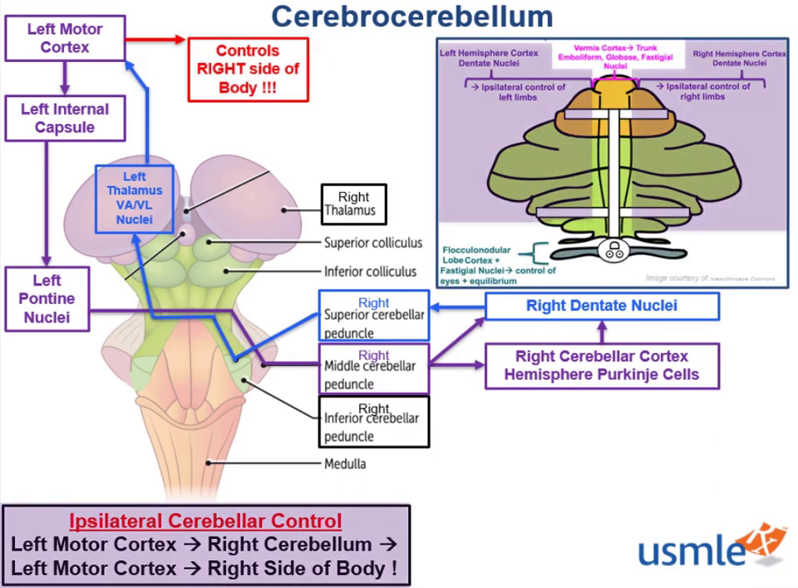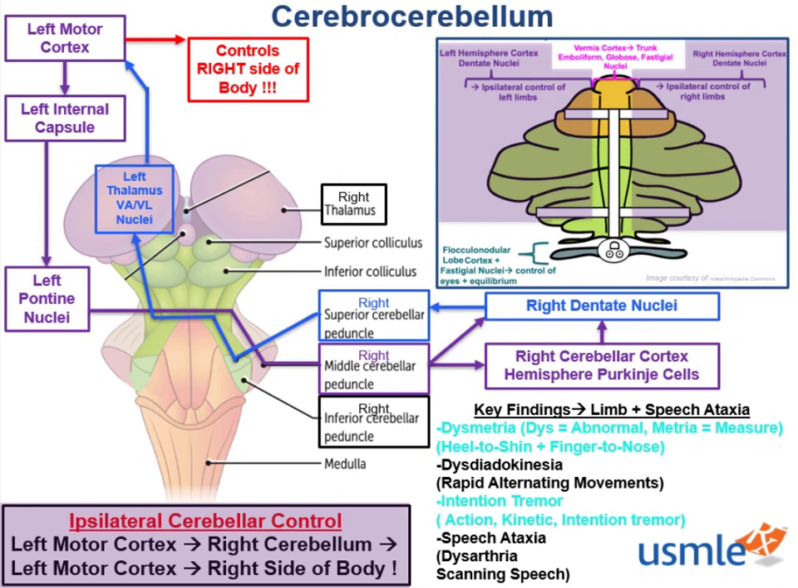Lesions of the cerebrocerebellar pathway correspond to hemisphere lesions, so limb ataxia findings predominate. This includes dysmetria. Dys means abnormal and metria means to measure. So patients have difficulty measuring the speed and direction of movements. This is examined with heel to shin testing, where the patient moves their heel up and down on the shin